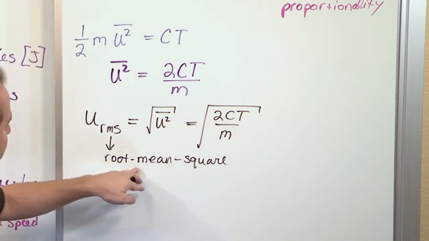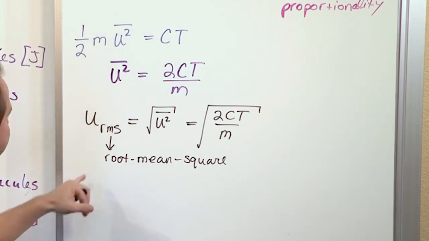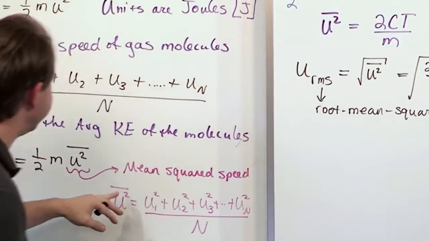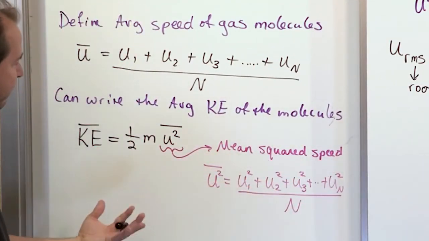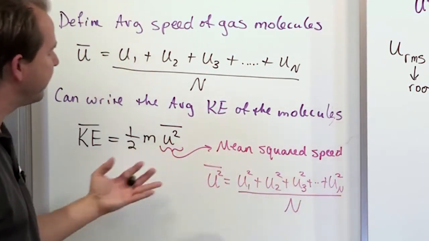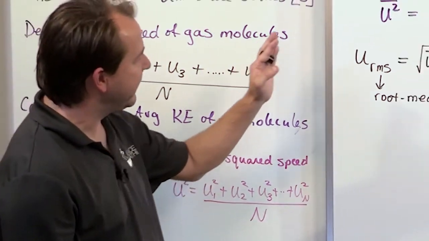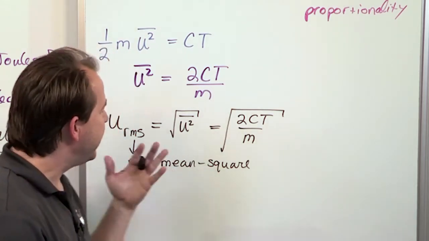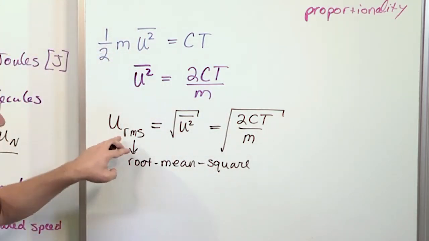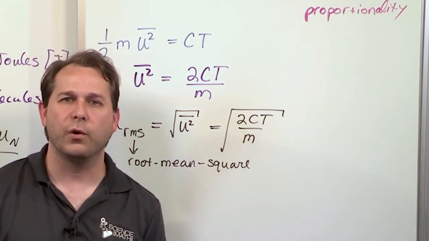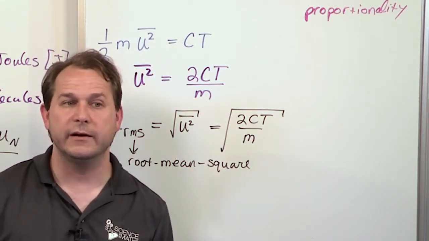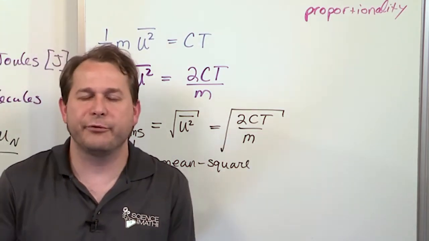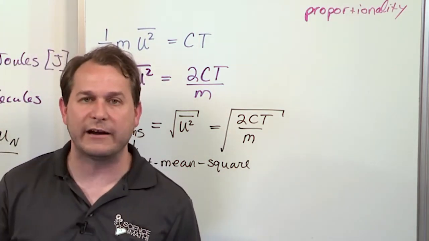The reason it's written like that is because it's very descriptive of what it is. We take the square root of the mean of the squares of the speed. Remember, I kept calling this the mean squared speed. We're taking the mean of the squares of all of the speeds of everything. If we take the square root of that, we get the square root of the mean of the squares of the speed. Then this number here, URMS, is kind of a representative value for the molecular speed of a gas molecule. That's what we really want to know. We want to know how many meters per second on average one of these gas molecules is actually traveling at